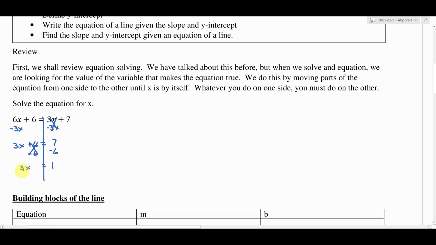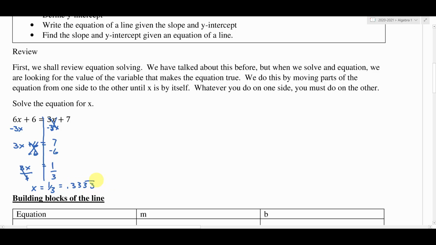All right, last step here, right? All we have to do now is move this 3 to the other side. No problem. How do I do it? Well, it's multiplying right now, right? So 3 times x. So to undo multiplication, I would have to divide. So if it's multiplying by 3, the opposite would be dividing by 3. All right, so here 3 divided by 3 becomes 1, and those cancel, so I have 1x, which is what I wanted. And then we have 1/3. All right, and 1 divided by 3, you could write that as